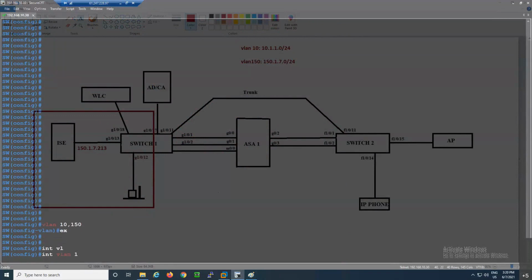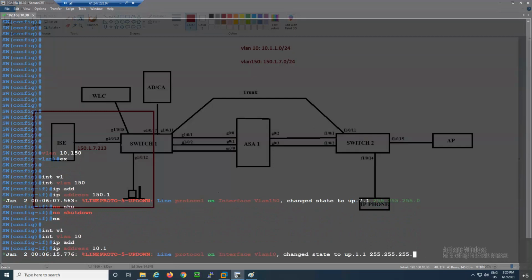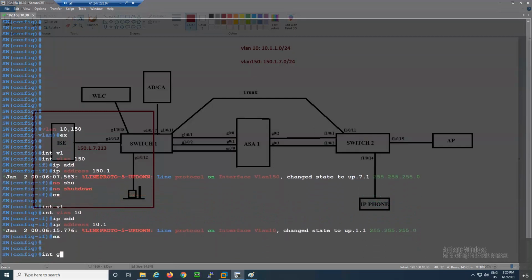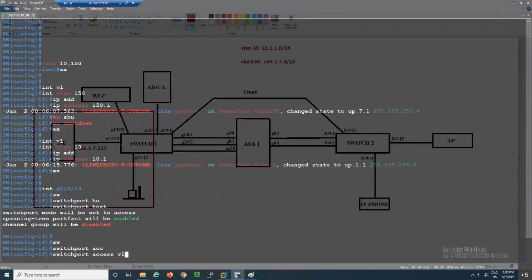Here I will configure interface VLAN 150, IP address 150.1.7.1. Okay, interface VLAN 10, IP address 10.1.1.1. Let's configure interface gig 1/0/13, switchport host, switchport access VLAN 150.